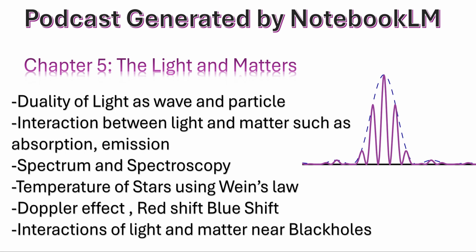Exactly. We call this shift the Doppler shift. By measuring it, we can figure out the velocity of a star, or even a whole galaxy, relative to us here on Earth. It's like a cosmic speed gun. It's a good way to think about it. So we've been talking about light as both a wave and a particle, right? But how does this Doppler effect work with both models? Does it affect the wave or the particle?